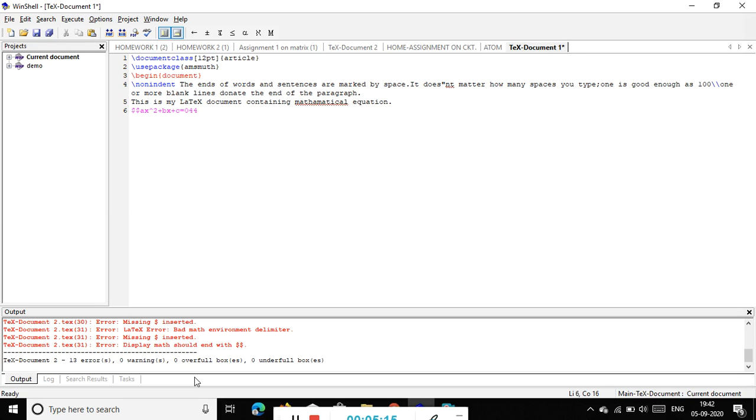If you want to put it in the center, you have to use a double dollar sign. And if you just want your equation inline, in a proper row, then you don't have to put a double dollar, you can use only one dollar over here. But in this particular document, I want this equation in the middle of my page, that's why I'm using double dollar over here.